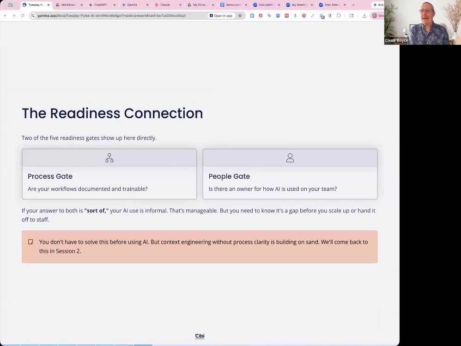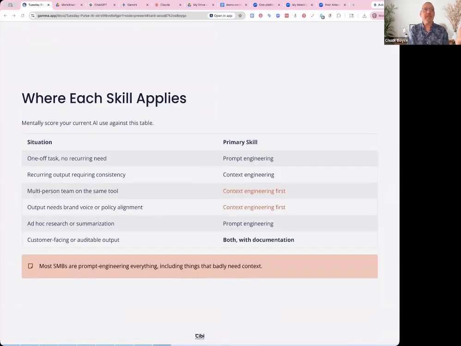And so as we go a little bit further in, here's where you can start realizing where you need to focus, whether it's prompt engineering or context engineering.